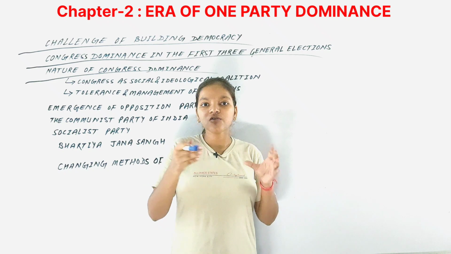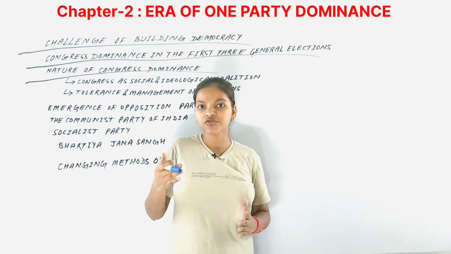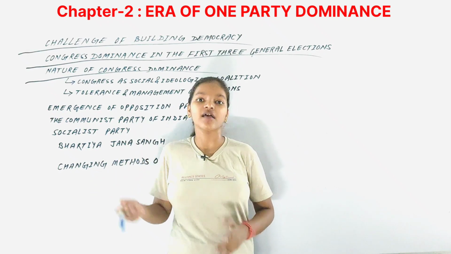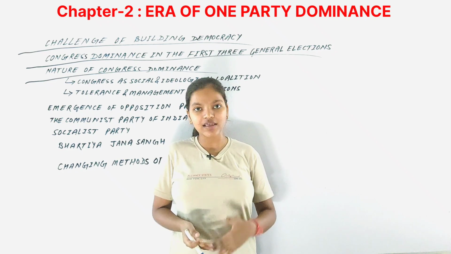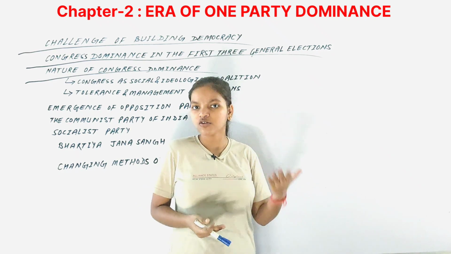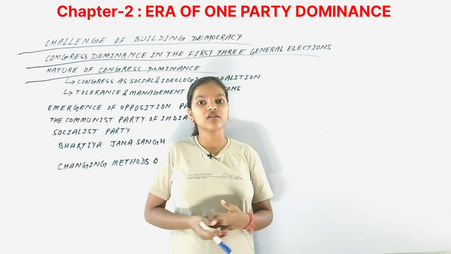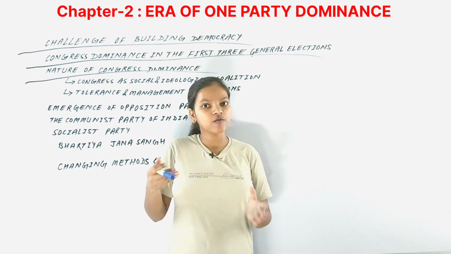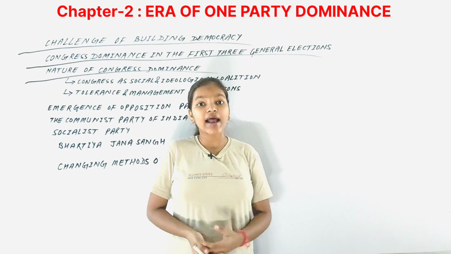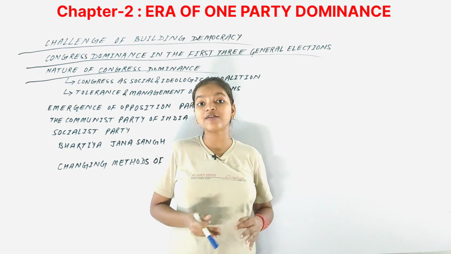Secondly, all those forefront leaders of the national movement, the national freedom struggle, were contesting elections as Congress candidates. So what could the public do? Of course, they had to vote for those people, and if they were voting for those people, then the Congress Party would win. So, being the inheritor of the legacy of the national movement, it had gotten a major victory.